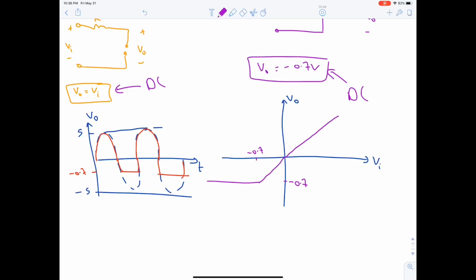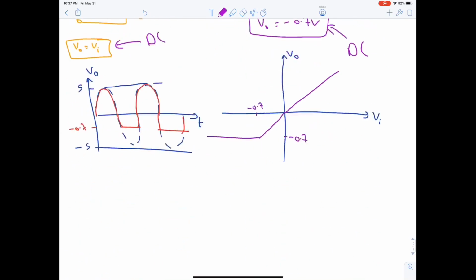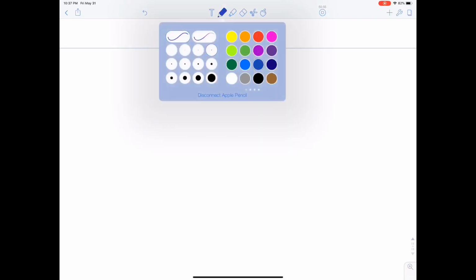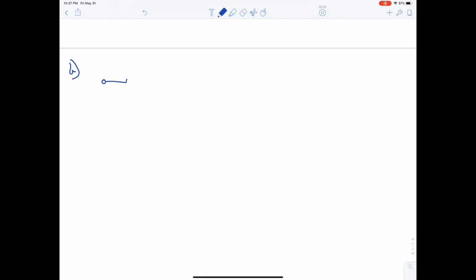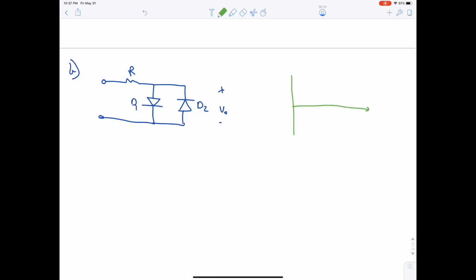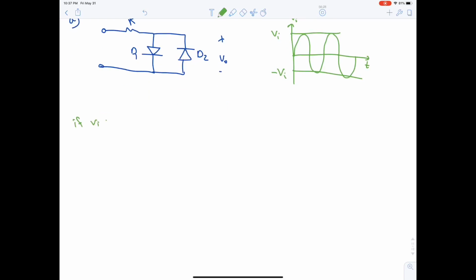Moving on. This is part C, then part D. D1, D2, this is V output, okay? No numbers. So Vi is what? It's a general reference. Vi with minus Vi. If Vi is positive, if Vi is negative,